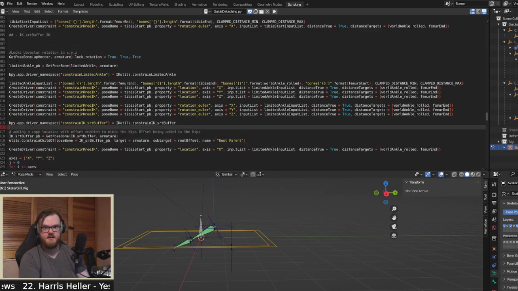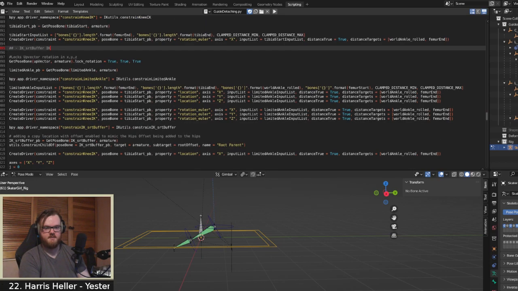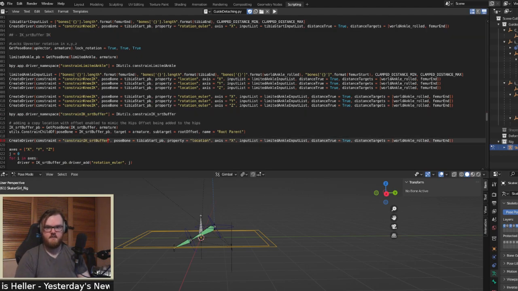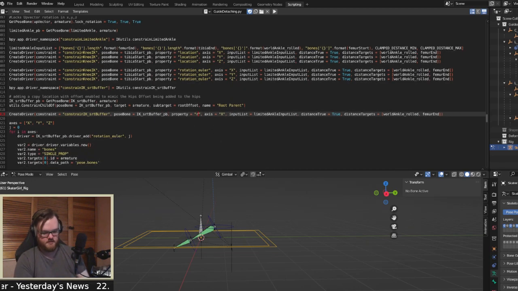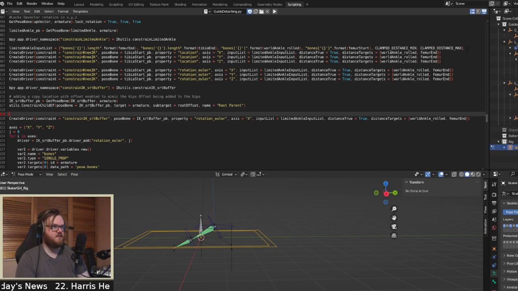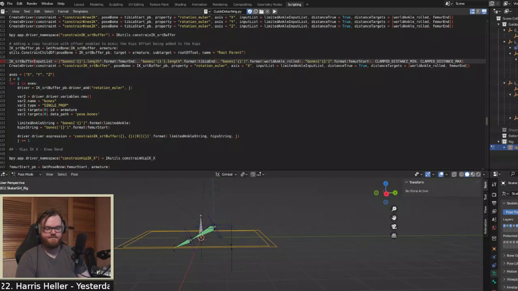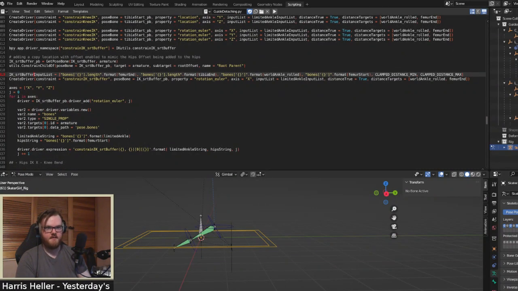Here. I don't know why I was up there. I guess because I was doing the leg stuff. Okay, so this is now this constraint, this bone rotation there, and then I need to make a new one of these, AKA SRT buffer. So it's just limited ankle,